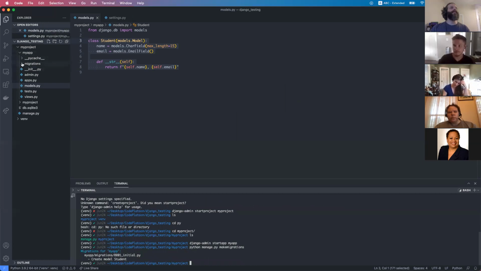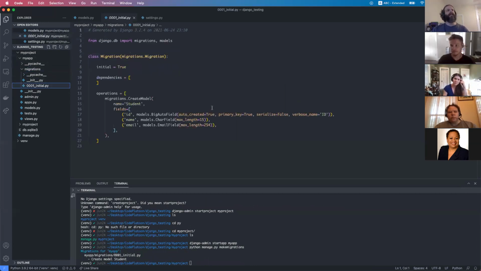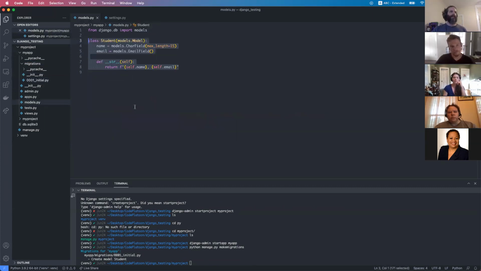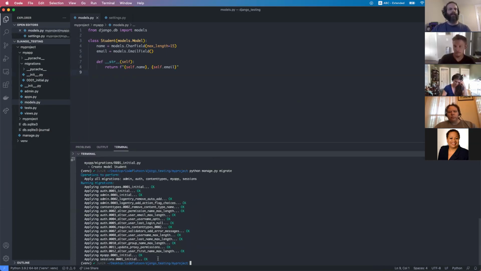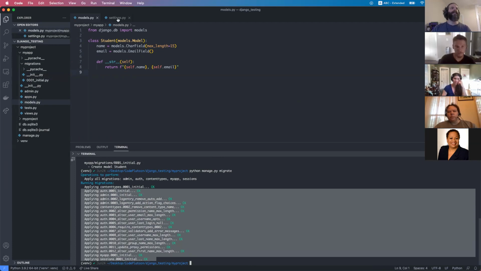And we have this migrations folder in the app, and we can see that we got this initial migration file. This is kind of an intermediate. It's a little bit more detailed than what we wrote in the model. You don't have to worry about that. And then once we have the migrations file, we actually need to migrate. So python manage.py migrate. And the first time you migrate, you're going to get a whole bunch of stuff because there is a whole bunch of stuff